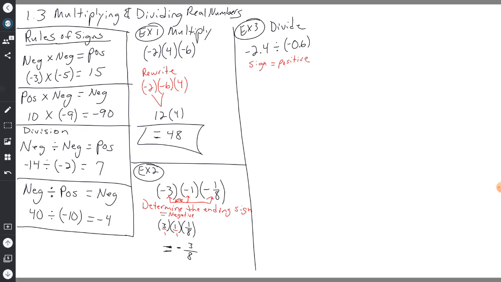So now, if you're doing this by hand, what's going to be the outside of your division? 0.6, because that's the denominator. And again, if we think about it as a fraction, it would look like that. So when we put it into this form,